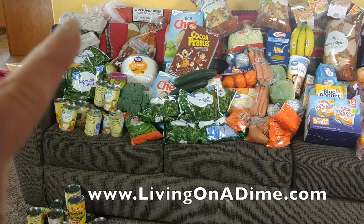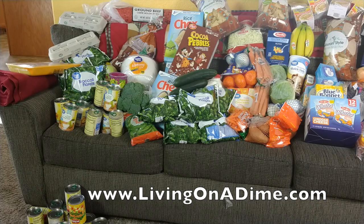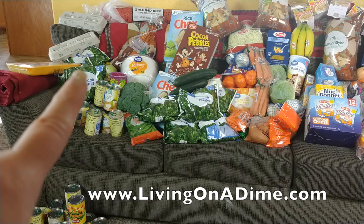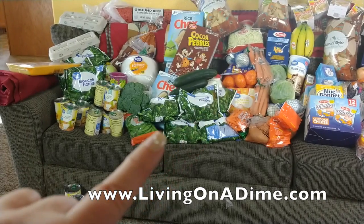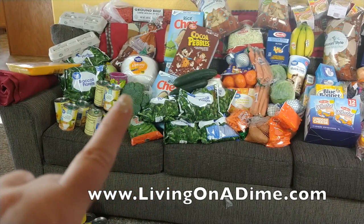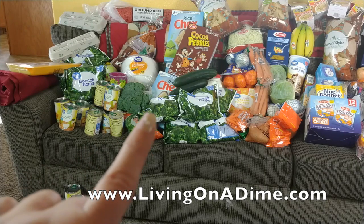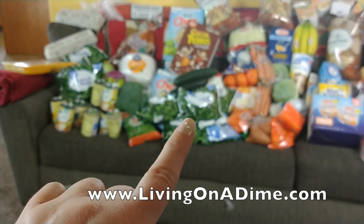Eggs were not on sale, so I only got 2. That'll probably last us until they go on sale again. It's Easter in 2 weeks, so they will go on sale for Easter, and then I'll stock up again. All right, so I got broccoli here that's frozen, and over here got 6 packets of those. Got fresh broccoli for a broccoli salad, fresh snap peas, cucumbers,